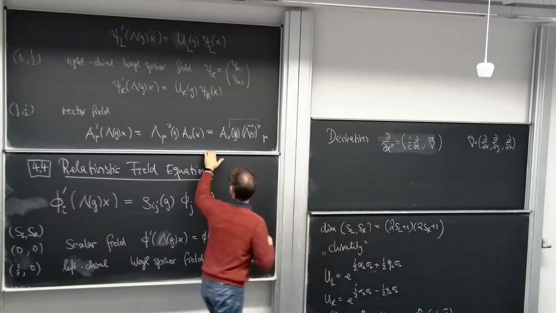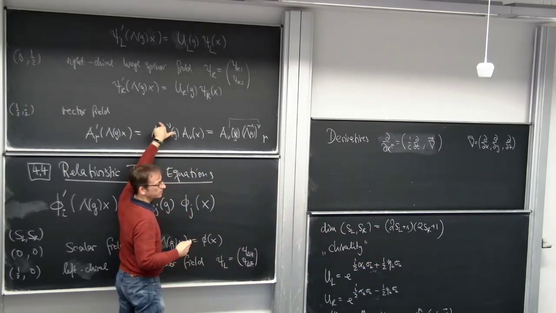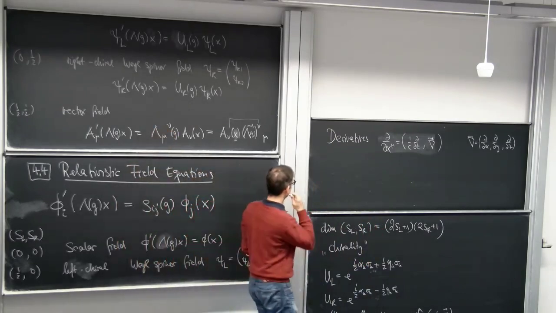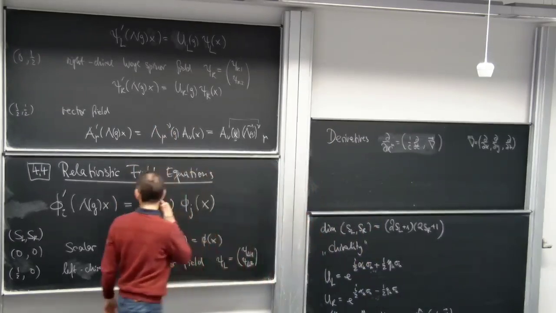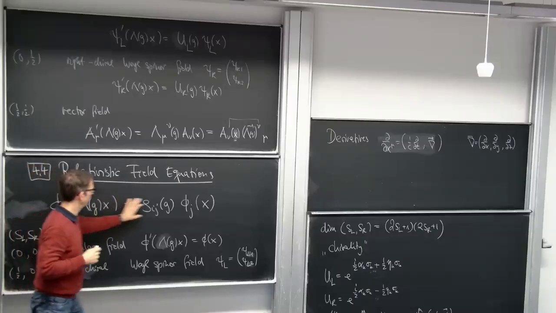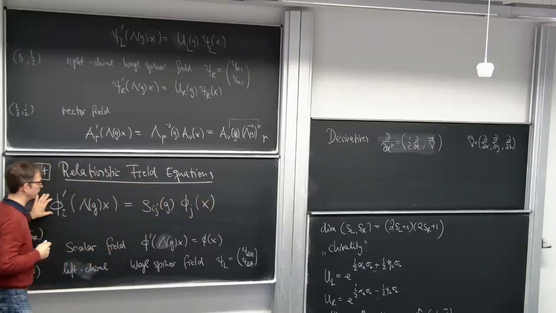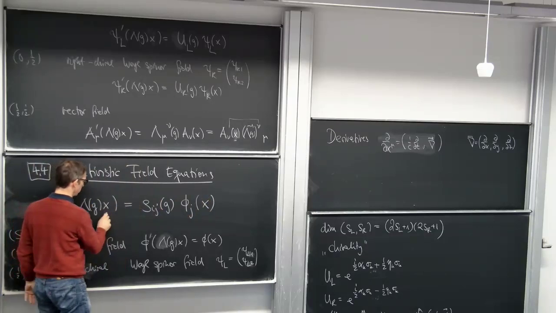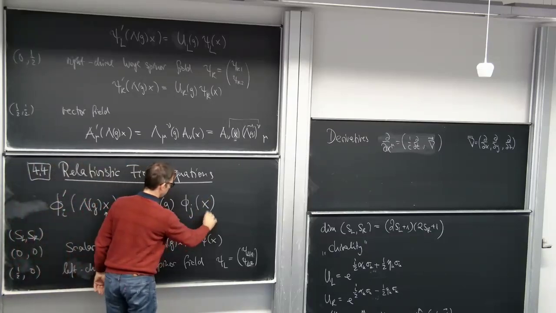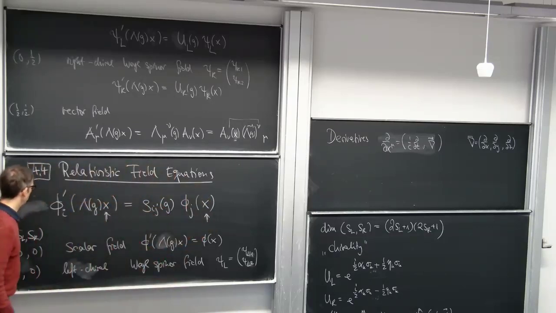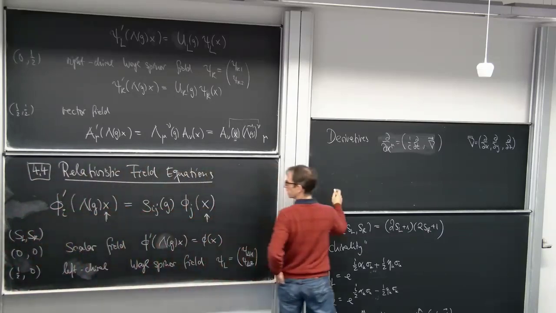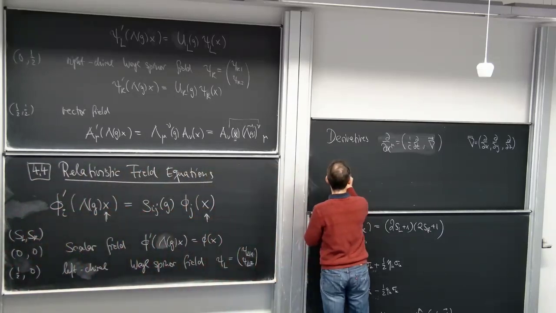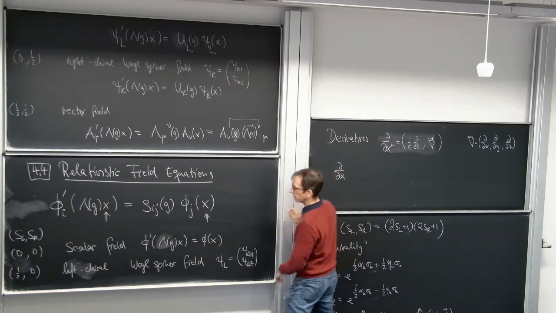So meaning is the lambda like this or like that? And to see this, let's just hit this equation with a derivative with respect to x. So we're getting it here and there. This means, so let's write it first, d by dx